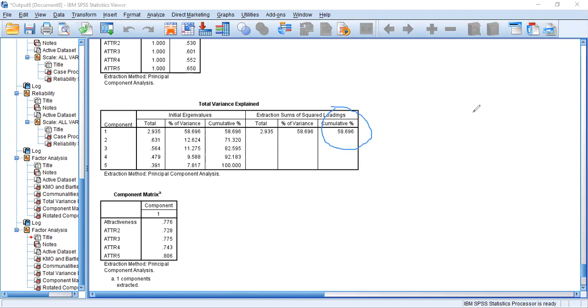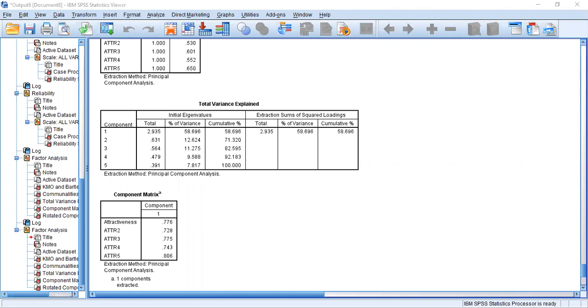That is why I removed item number 6 from the attractiveness variable. Likewise, you can compare your factor analysis with the items coming under each variable. Now this is the way you run the factor analysis. Likewise, according to my data set, I have to run the factor analysis for all other variables.